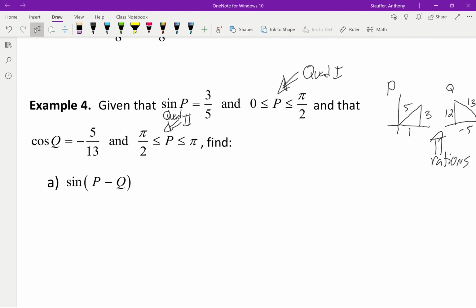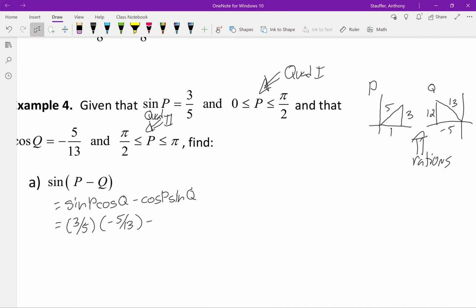So sin(P − Q) would give me sin P cos Q minus cos P sin Q. And if we look, the sine of P is opposite over hypotenuse, so that's going to give me 3/5. And the cos of Q, well, we already had that one, −5/13. Then it will be minus the cos of P. So I look back at P, and that's going to be